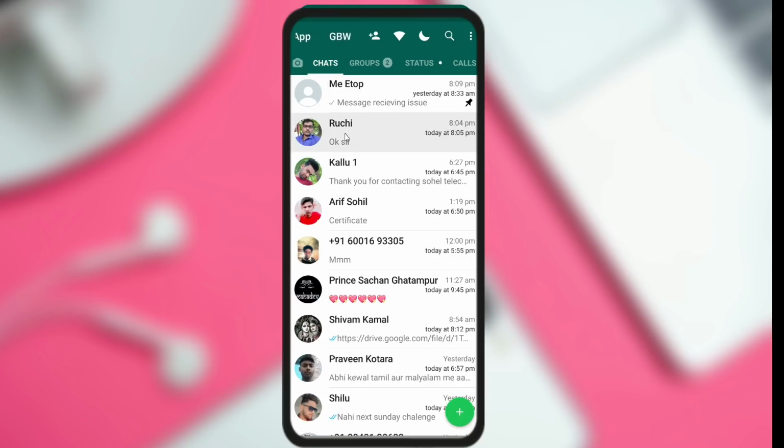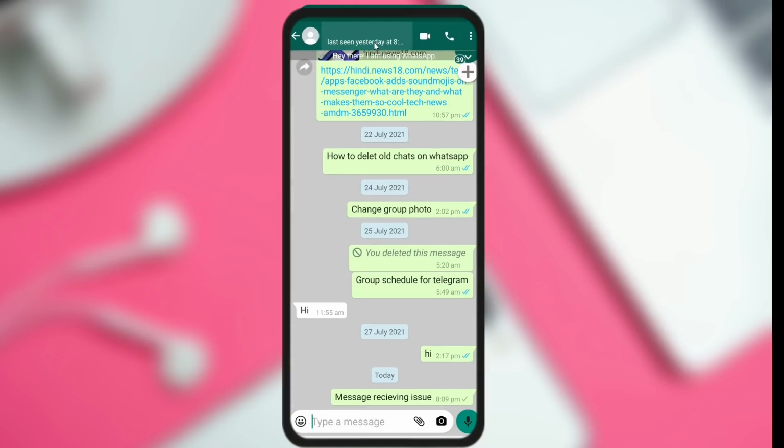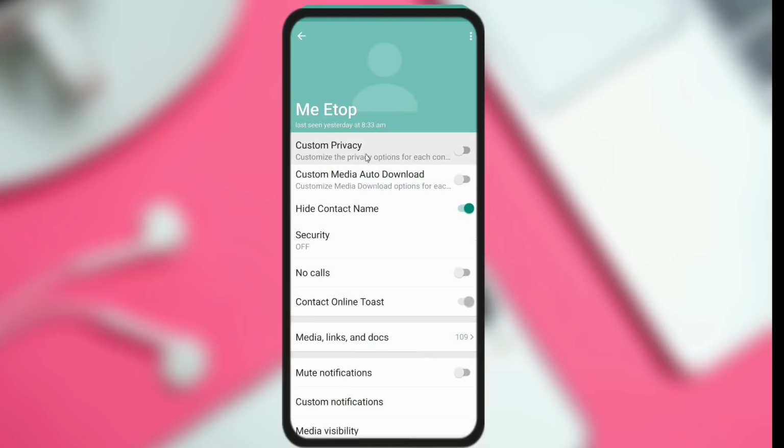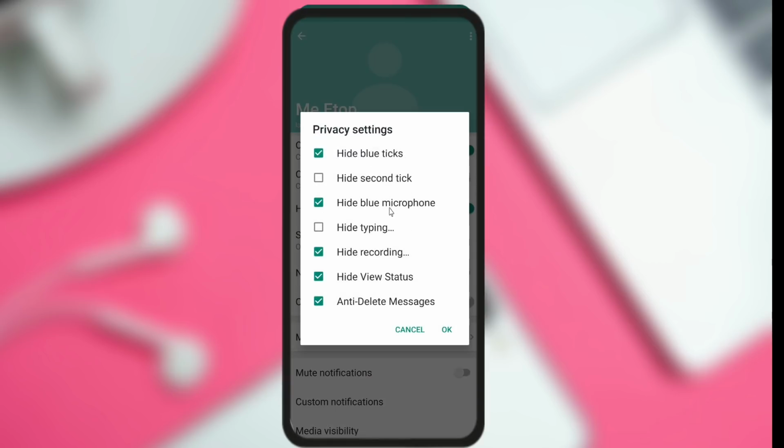If you want to enable single tick hide or hide typing, you can apply it for a particular contact. For that, click on the chat, click here on the top, and thereafter you can see the custom privacy option, enable it, and here you can choose. If you choose that option in privacy and security, then that option will be applied for every contact, because thousands of messages are coming every day.